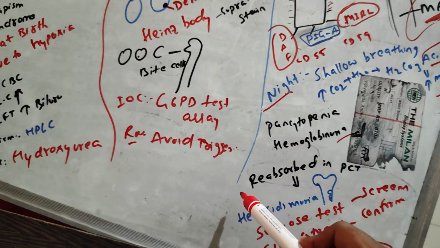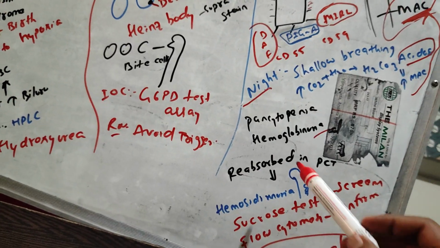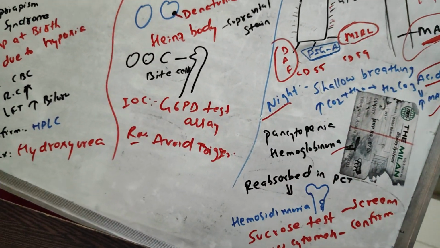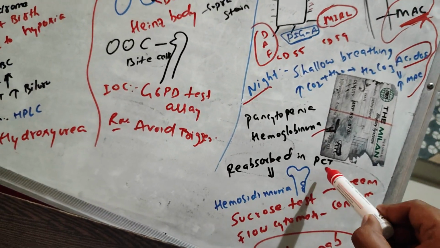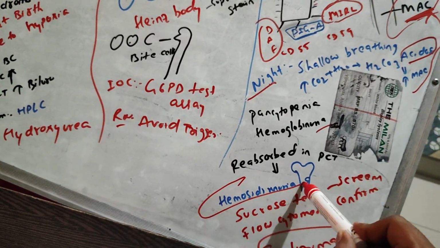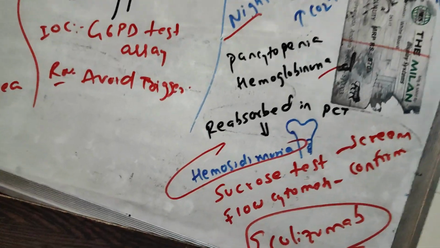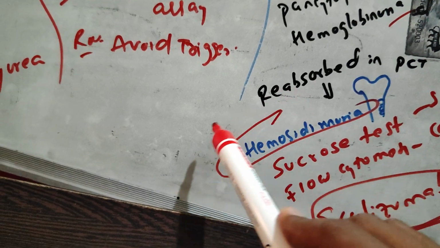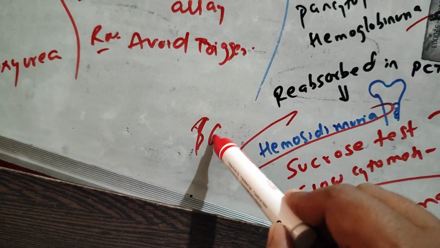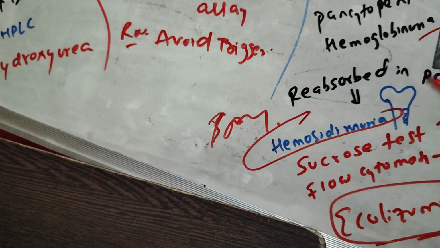Sometimes it will be reabsorbed in the PCT, and the broken hemoglobin will be stored in the PCT. It is called hemosideruria. Hemosideruria means this is going to be long term. See, hemosideruria,